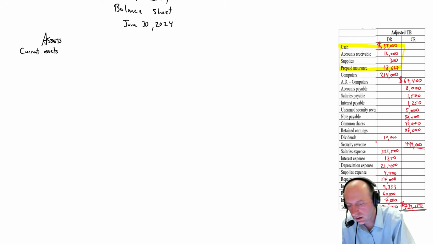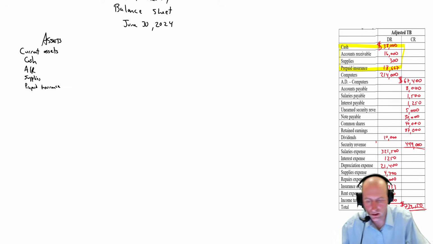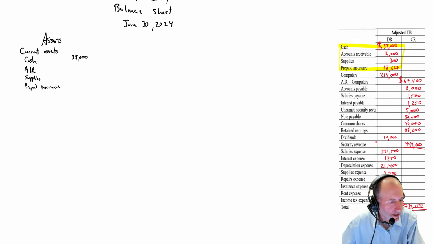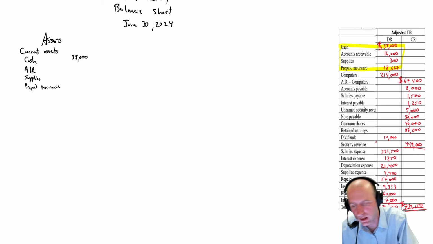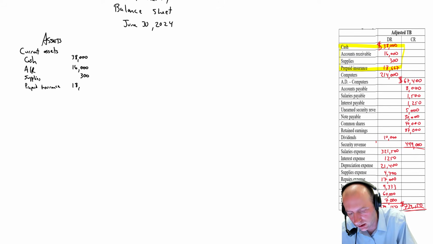Current assets. We have cash. We have accounts receivable. We have supplies. And we have prepaid insurance. So for cash, $38,000. For accounts receivable, pardon me, $16,000. For supplies, $300,000. And for prepaid, $18,667. My total current